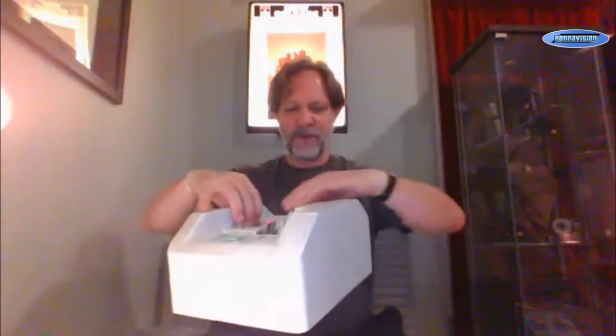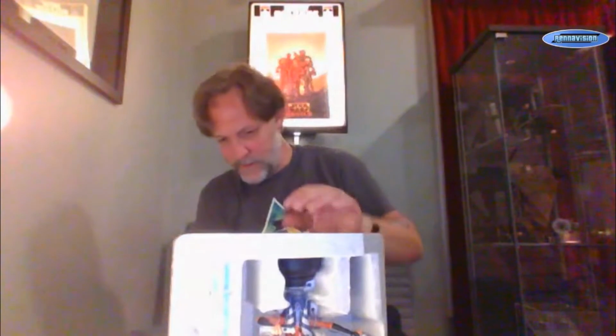So this has this kind of stuff on the back. If you remember these, like the 12-inch figures have little twist ties. So my guess is be really careful as you untwist these that the statue doesn't fall out as you go and try to do it. So it's got the little cardboard sort of holders with the holes in it. Anybody who's opened 12-inch action figures of any kind is very familiar with these kinds of things. I don't know how fragile the statue is yet, so I'm not actually sure how much pressure I am allowed to put on it as I go. But anyway,